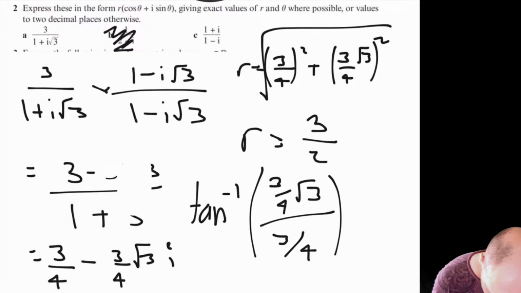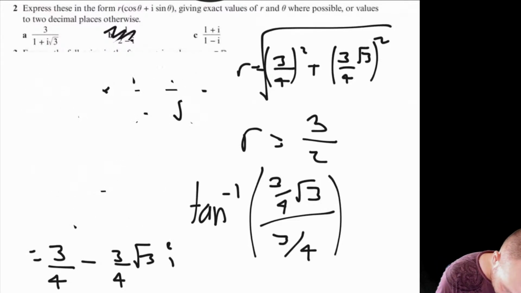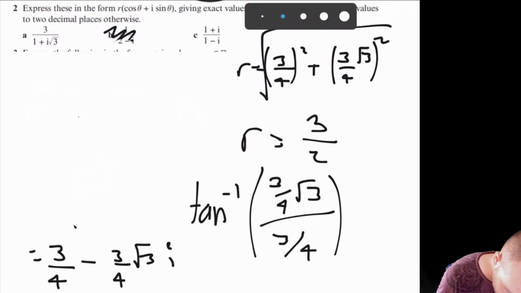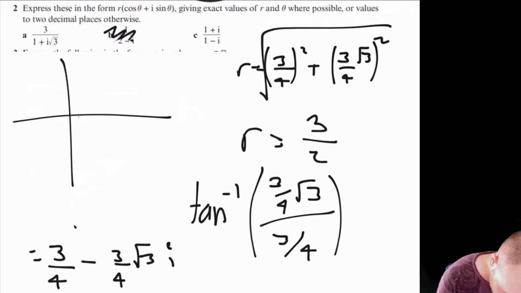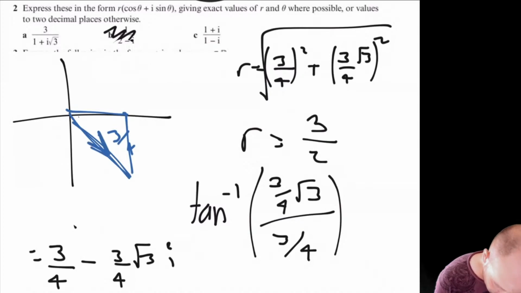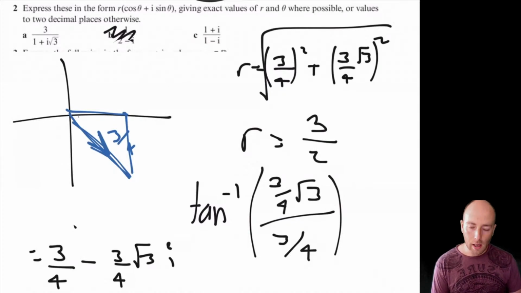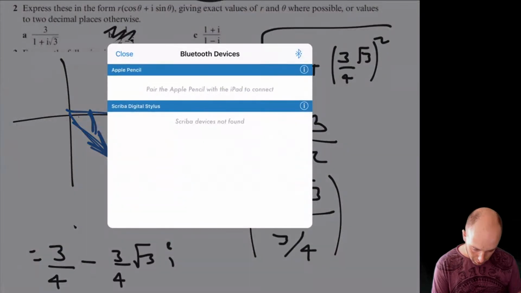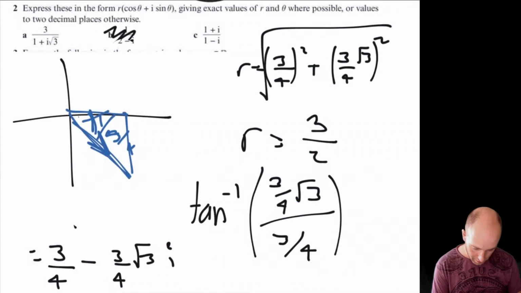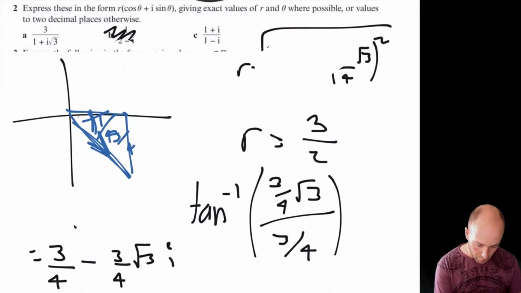Okay, so I just need to sketch this. So we've got 3 over 4 in the real direction. Then minus root 3 over 4 root 3 in the imaginary direction. So my angle is going to be there. So the R form will be